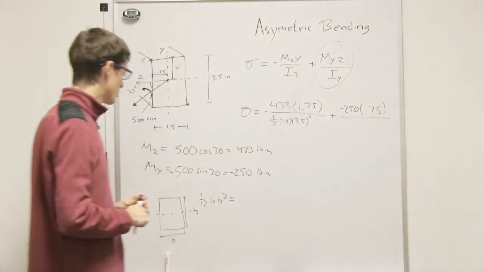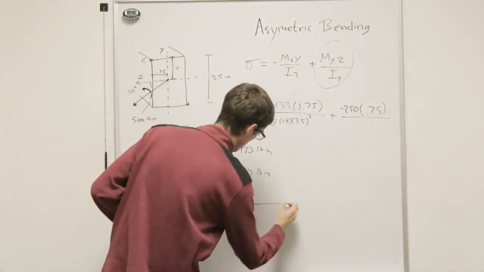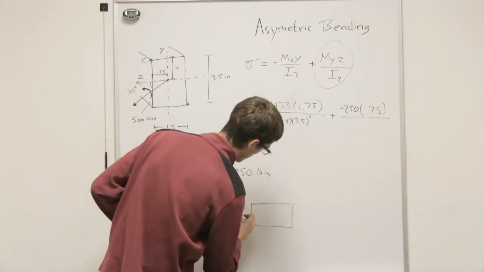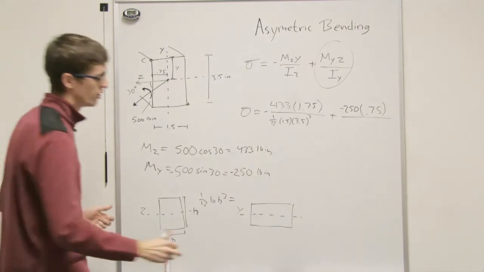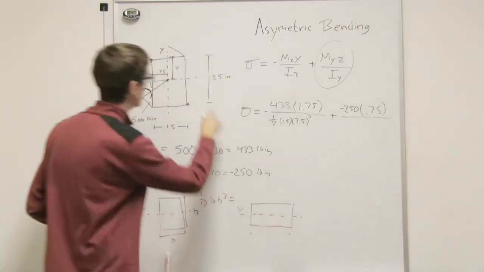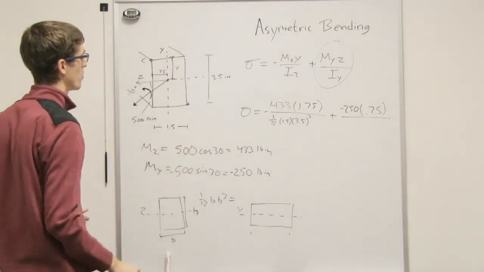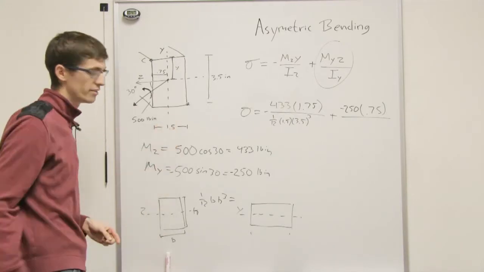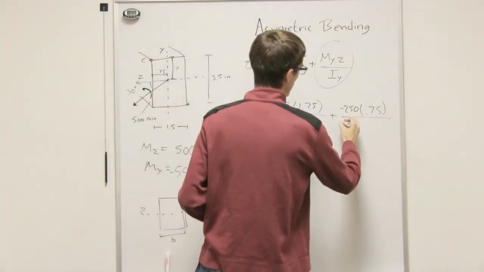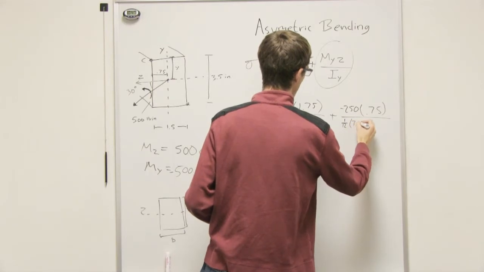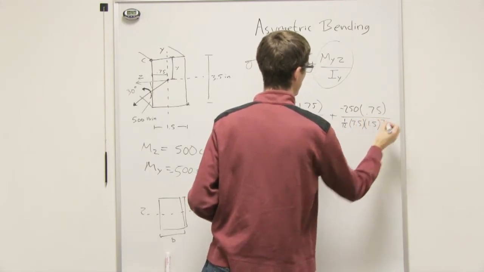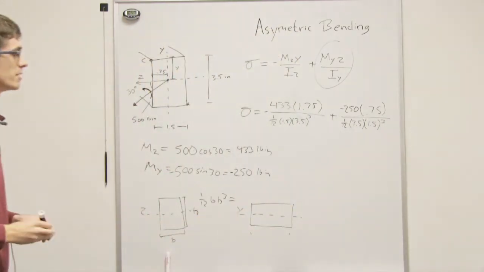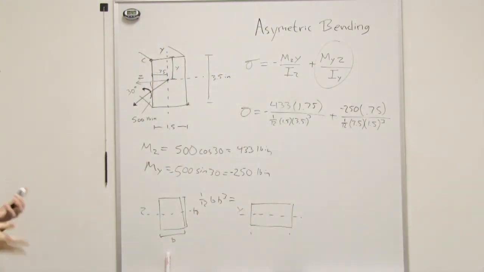And then the moment of inertia about the y, and that's similar, but now we're doing it about the y-axis, like that. So we're bending that way. So now the base is going to be our 3.5, while our height is 1.5. So we'll do 1 over 12 times 3.5 times 1.5 cubed. All right, so now when we do the calculations for that, we find that